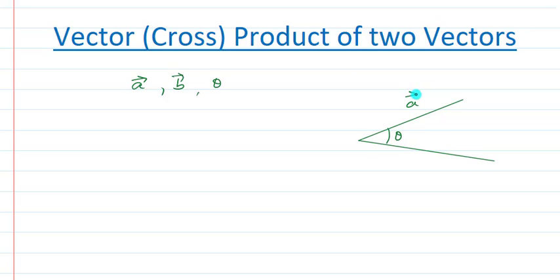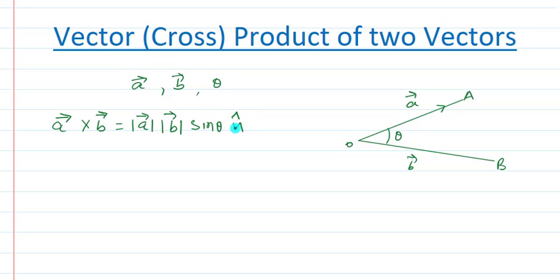This is vector A, directed from O, let me name it as OA, and the second vector is B, and let me name it as OB. And theta is the angle between these two. So the cross product of these two vectors is expressed as A cross B. This time we will use the cross symbol over here. So A cross B is equal to modulus vector A, modulus vector B, sine theta, n cap.